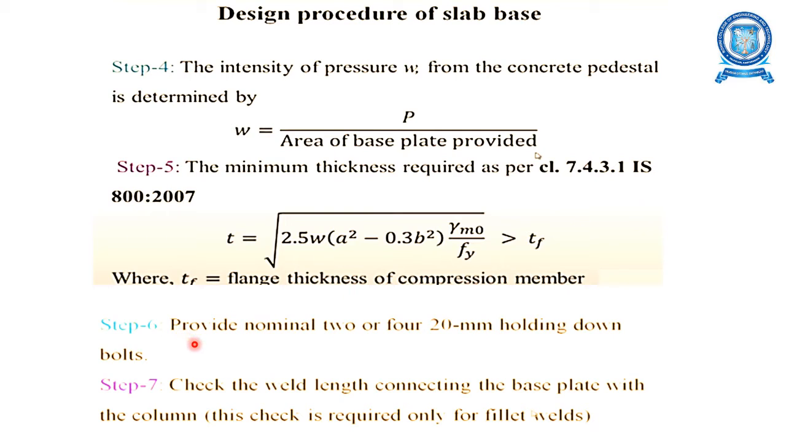Then step number 6: provide 2 or 4 numbers of 20 mm holding down bolts. Then step number 7: you have to determine the welding length and strength of the weld required to connect the base plate as well as the column member. So next we will see a problem regarding the design of